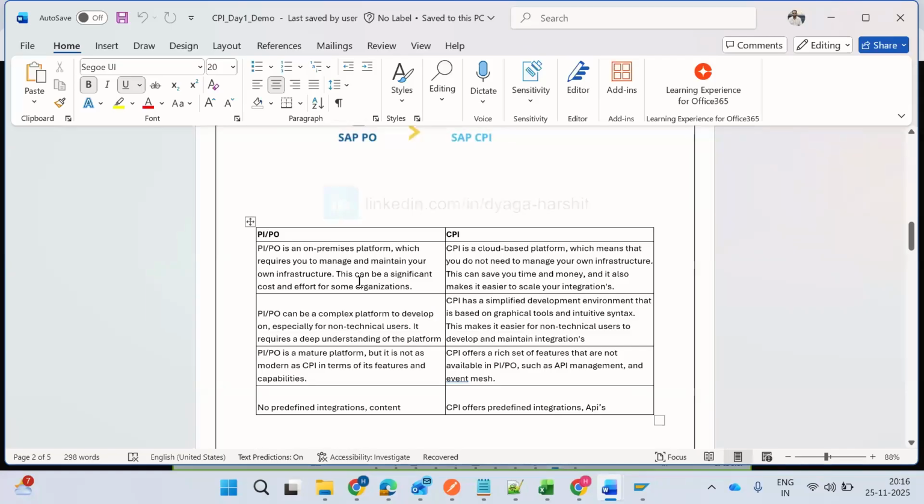SAP PIPO is an on-premise version. If something is on-premise, we need to take care of many things, like infrastructure and security, we need to maintain it, and there is significant cost involved with this on-premise application. But cloud applications don't need all these things. No need to worry about the expenditure, the infrastructure, the security, the maintenance, anything. We will be paying only for the services which we are utilizing, just like your